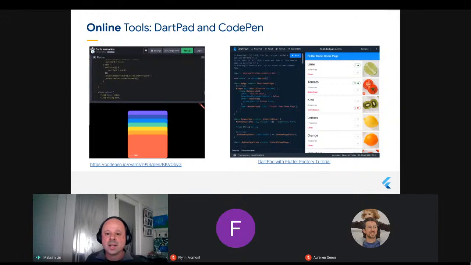There's also another site called Flutter Factory, which has a tutorial on how to build a simple browsing app for fruit and vegetables in this particular case. I've grabbed it and copied and pasted some of that code into the standard DartPad, just to show you what it looks like when you're trying things out. And CodePen is great because people have used CodePen to publish a whole bunch of really impressive demos online. So if you search around on Google, you'll find a lot of really fantastic demonstrations of what you can do with Flutter on CodePen.